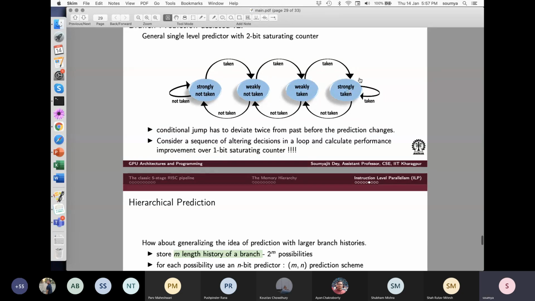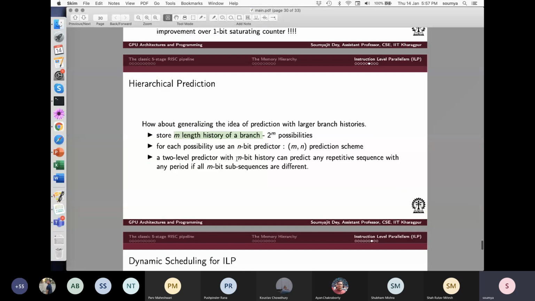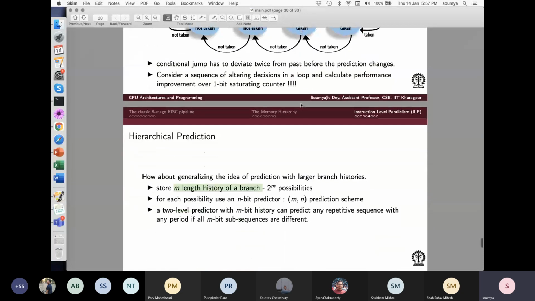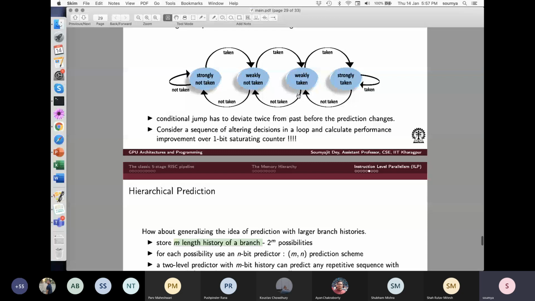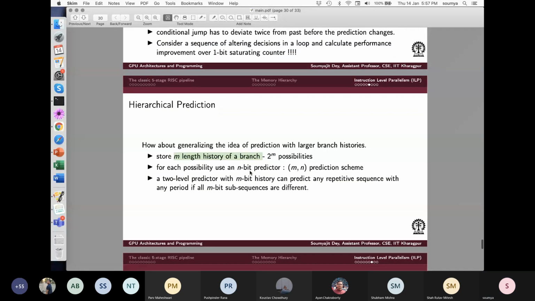Here there is no history. Here I am just checking for the last thing. My point is there are 2 things here. The branch predictor will take a decision based on its branch history, and what kind of automaton I will follow is dictated by the length of my branch history. So what we are saying is we can have m possible branch histories, and for each of the possible histories, I will use an n-bit predictor. So this is the general idea of (m, n) prediction.